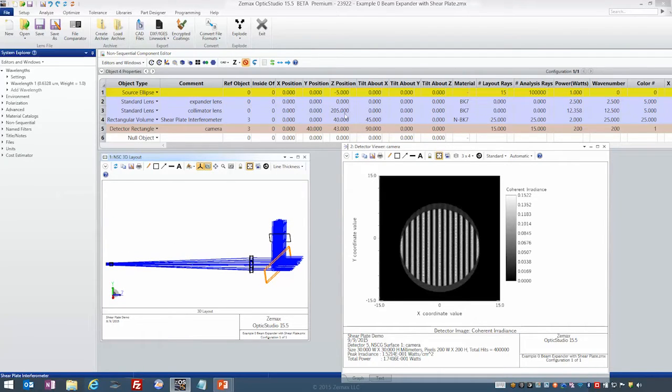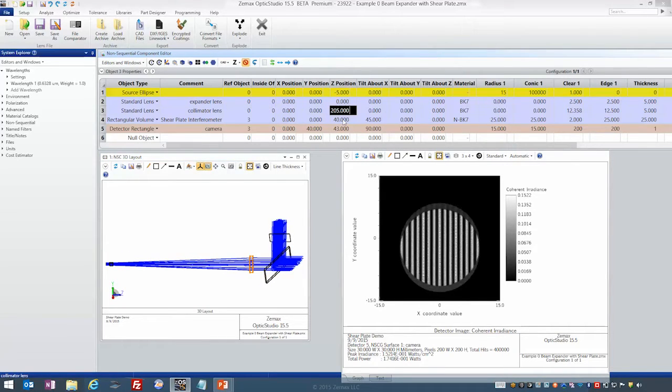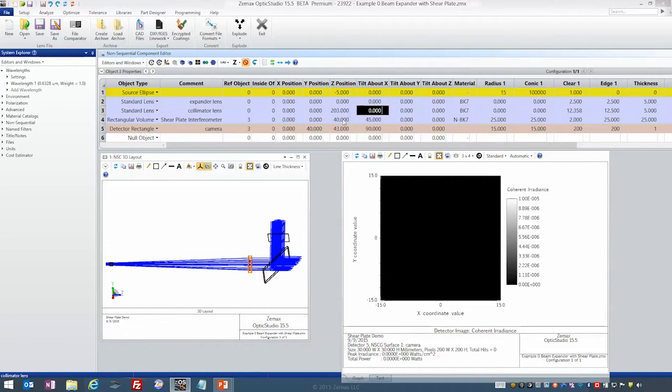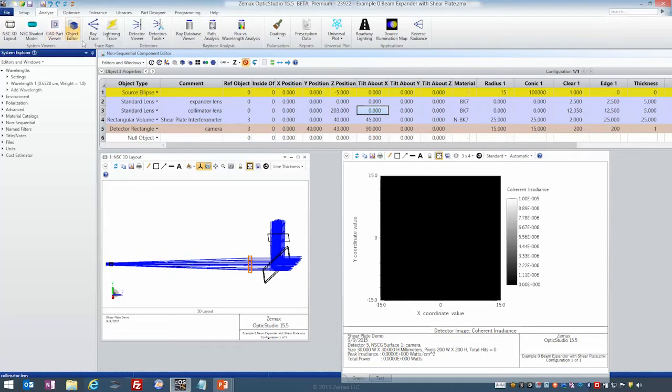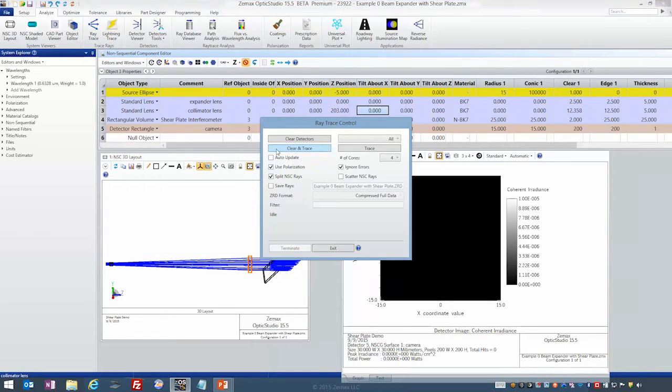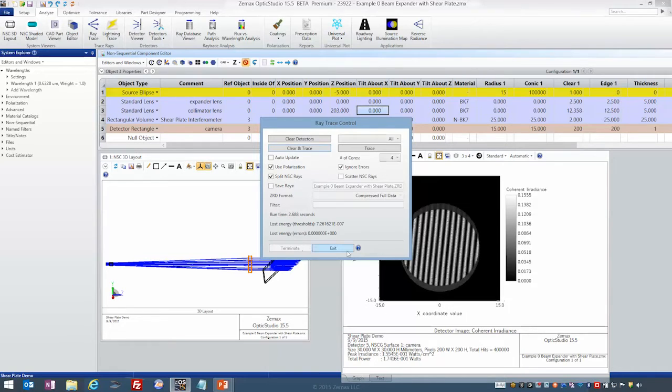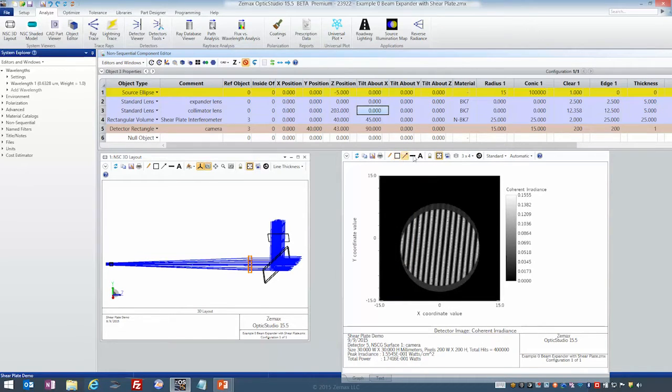And here we have it, 205. If I make that 203 so that the expander is slightly out of focus and the beam is now emerging slightly diverging, if I repeat the ray trace now, you can see how those fringes rotate, and they rotate slightly clockwise. If I put this up to 207,